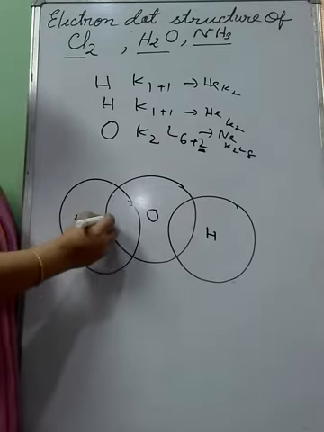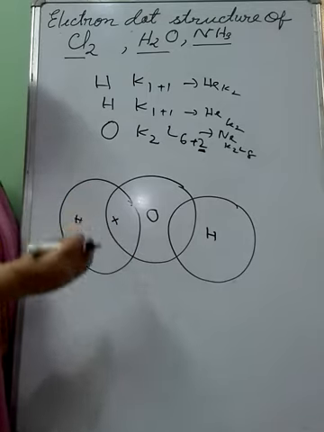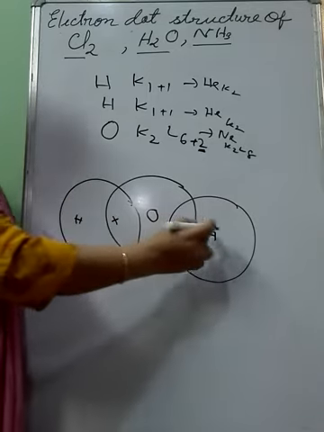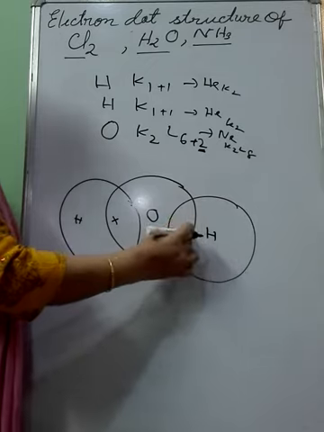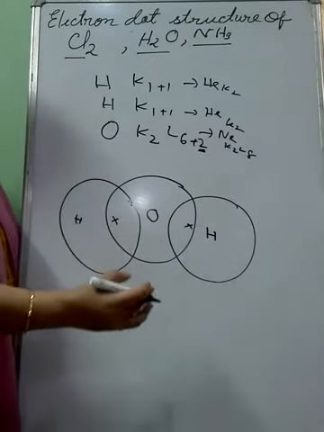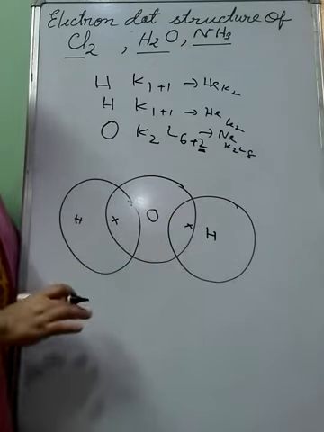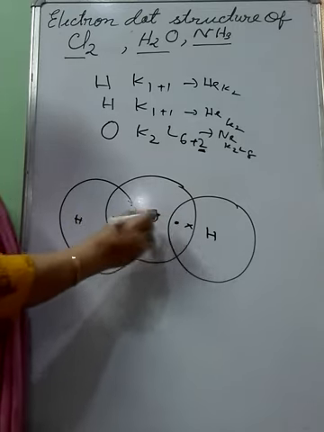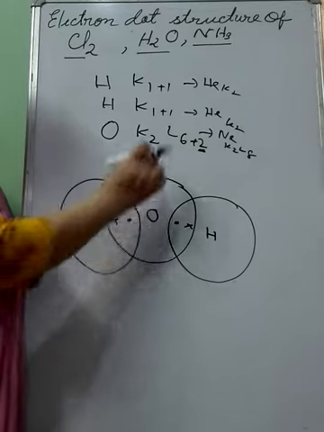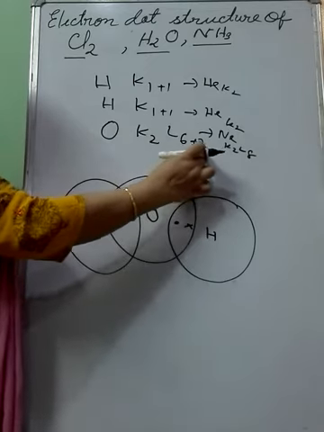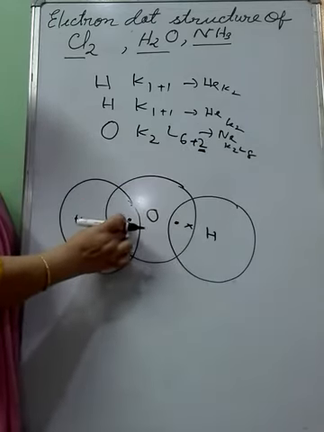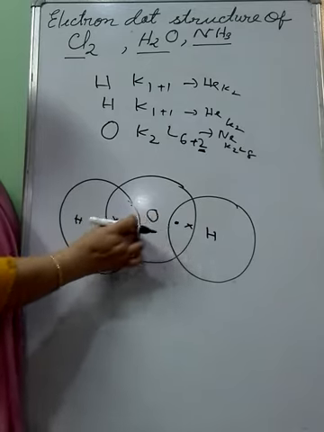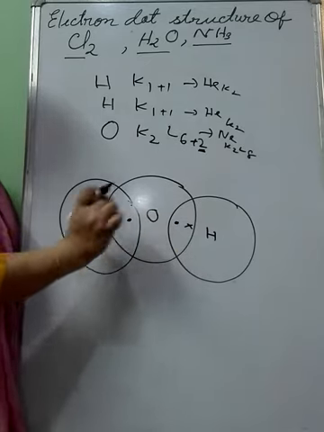So for this hydrogen, this is the cross. Only one electron, which hydrogen has, is contributed in the sharing. Now for oxygen, I am giving dots here. This oxygen shares 2 electrons, meaning it contributes 2 electrons from the outermost shell. So these 2 dots represent the 2 electrons of oxygen from the outermost shell.